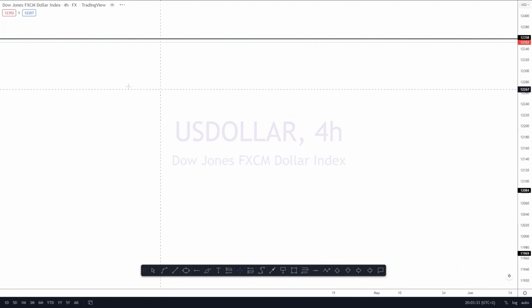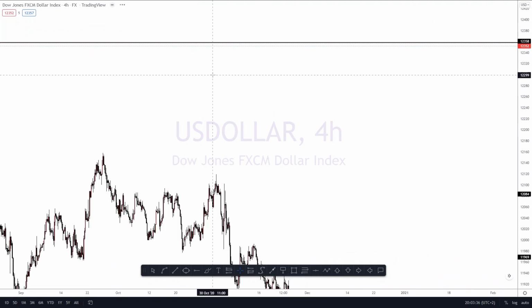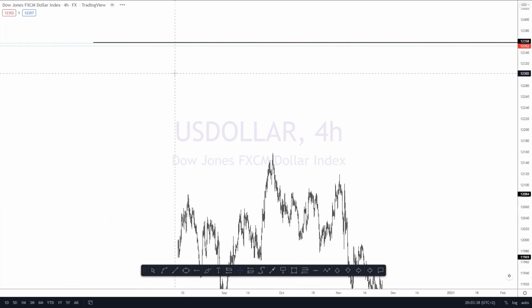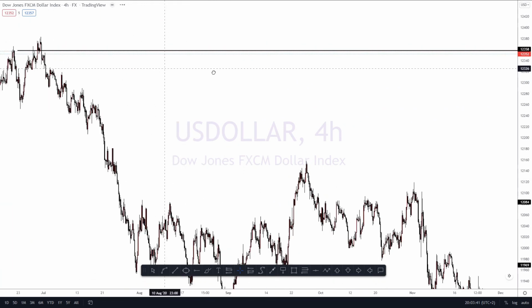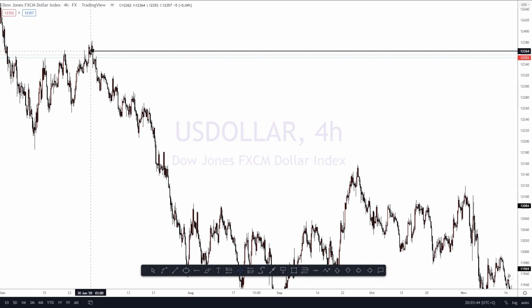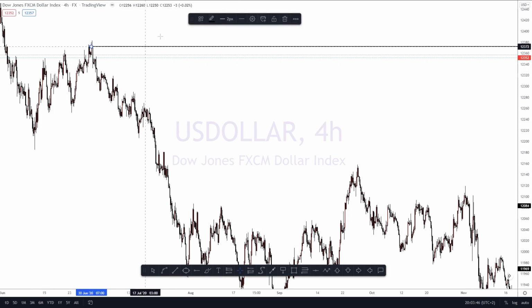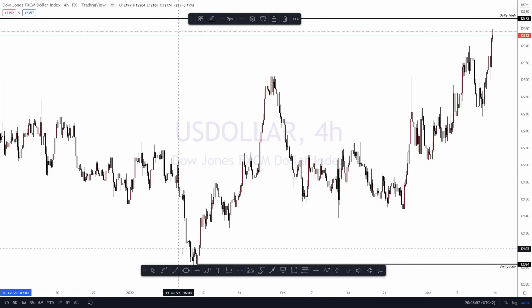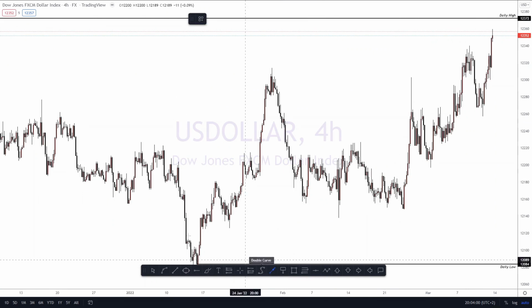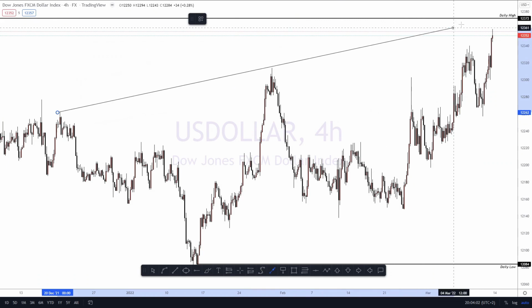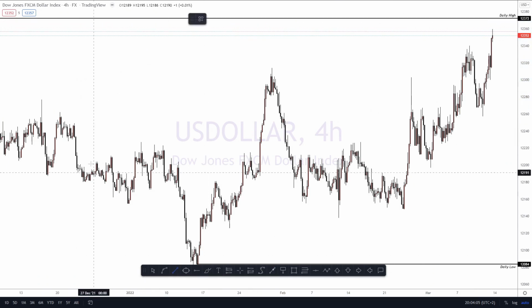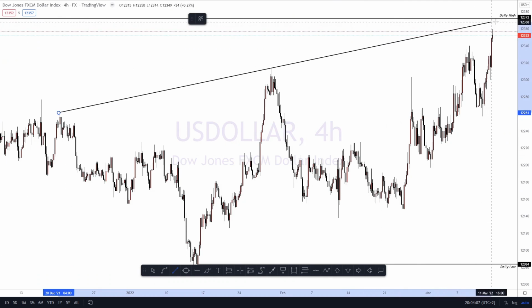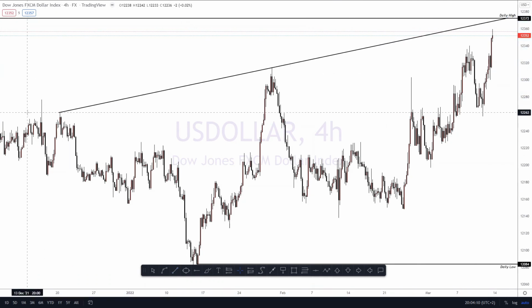Right, I'm going to check the next ones. When you check this one, you can see that the next level is this one, and I'll just name it daily high. From there, just move back to the market. And you can see we're very close to hitting the next target, but for now we're just going to wait. So also in 4 hours, I'm just going to fix this, from here to here, just not that one, to turn the line from here to here. You can see that price is approaching that high, right?